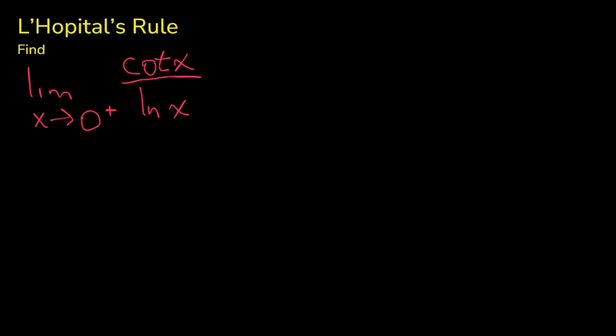So in this last example here, we're going to find the limit as x approaches 0 from the right of cotangent x over natural log x. So we have a one-sided limit. Again, if we take the limit as x approaches 0 from the right of cotangent x, that's going to be infinity. And for natural log, that's going to be negative infinity. So cotangent x over natural log x is an indeterminate form at 0 to the right of the type infinity over infinity. So we're going to apply